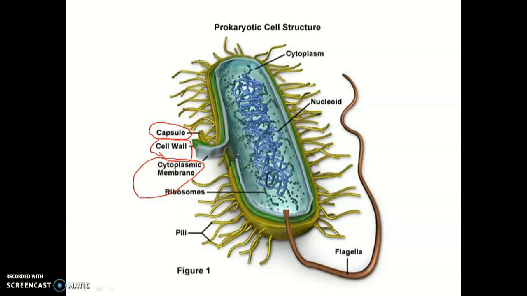Next, moving inside, we will encounter cytoplasm. Cytoplasm or protoplasm of bacterial cell is where the functions of cell growth, metabolism and replication are carried out. It is a gel-like matrix composed of water, enzymes, nutrients, waste and gases. It contains cell structures like ribosomes and chromosomes, which we are going to call a nucleoid.